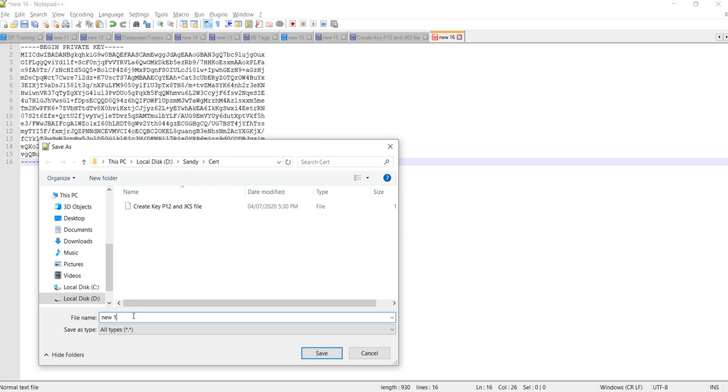We'll save the file as lab PAM file, and we'll keep the extension .pem, and we are saving it. Save.